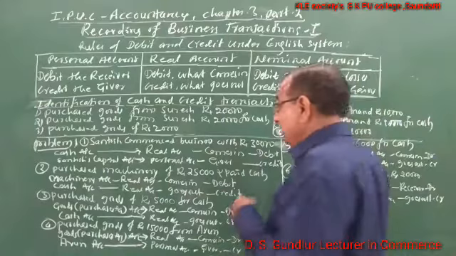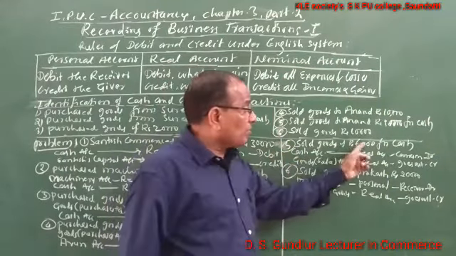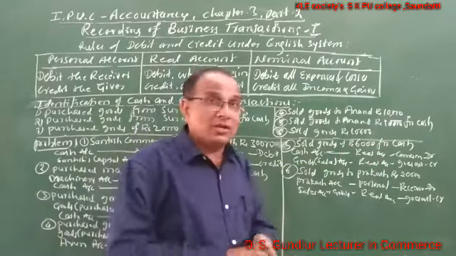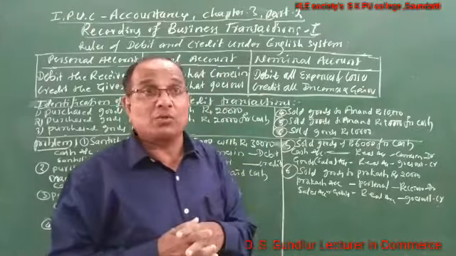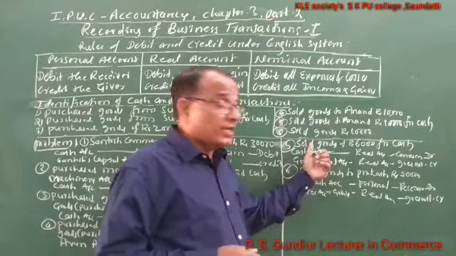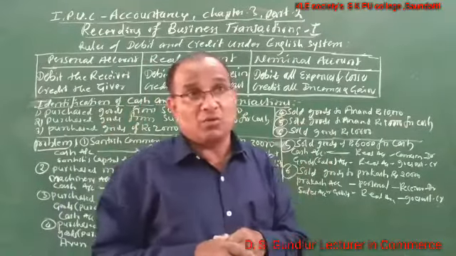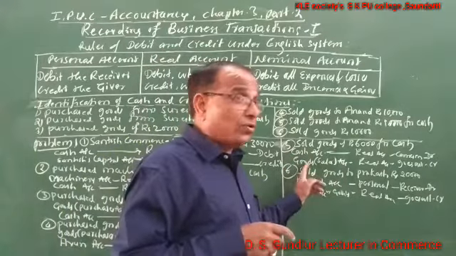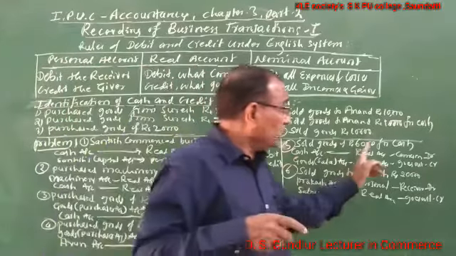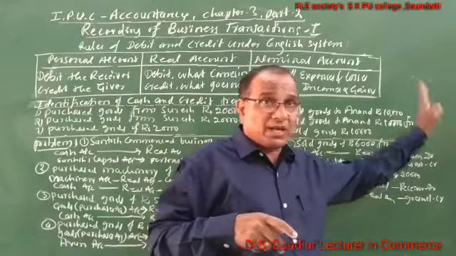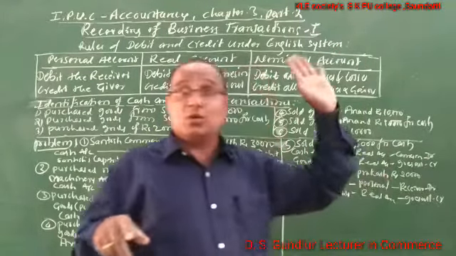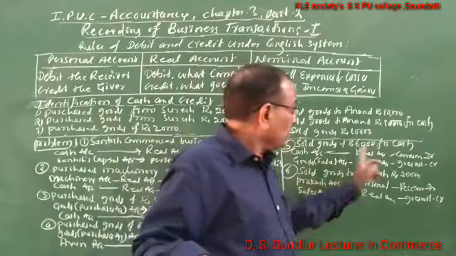Now, come to the next transaction: sold goods of rupees 6,000 for cash. Now, identification of two accounts from this transaction. One account is cash account, another is goods account or sales account. Cash account and sales account belong to real accounts. For both cash and sales of goods, apply the rule of real account: debit what comes in and credit what goes out. Cash is a real account, cash comes into business, therefore cash account is to be debited. Goods account or sales account is a real account, goods goes out from the business, therefore